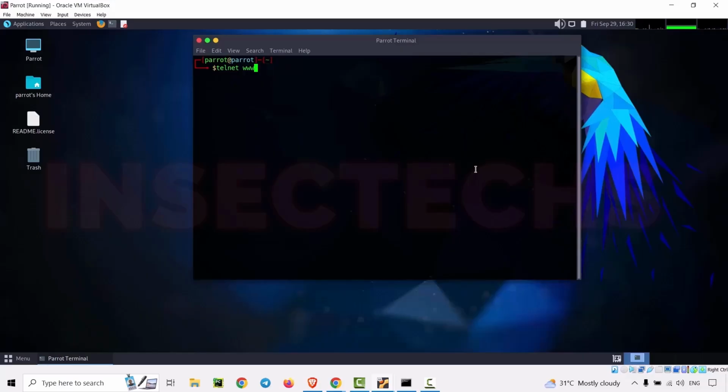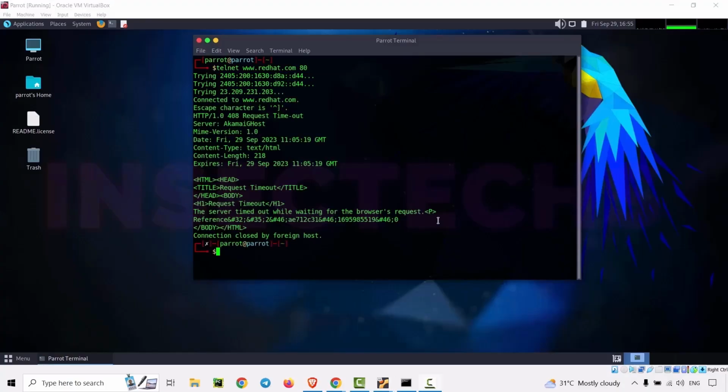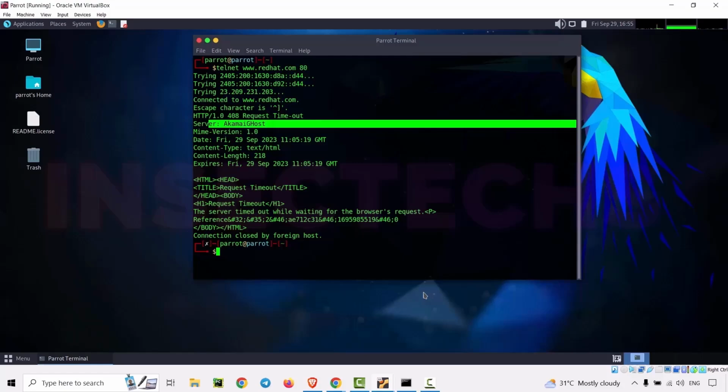Telnet www.redhat.com, and let me type port 80. Hit enter. We have already done grabbing the banner on redhat.com. So this is how you can use Telnet to grab the banner information. You can see over here we have some information, that is header information as well as the banner information, server Akamai host. So let me close this terminal, and the next tool we are going to use is Netcat, a